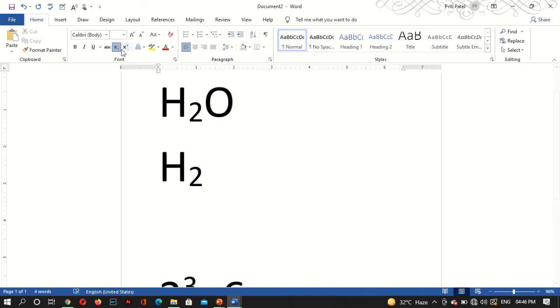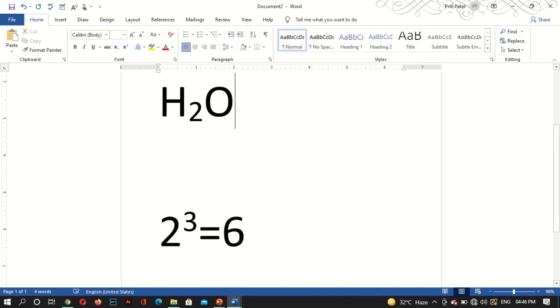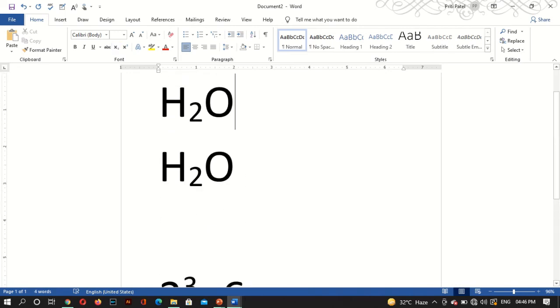Okay, then close it, then write O, right? And what we do normally, हम कैसे लिखते हैं H2O, ये normal, and this is subscript. Okay, then ये नीचे था subscript में.